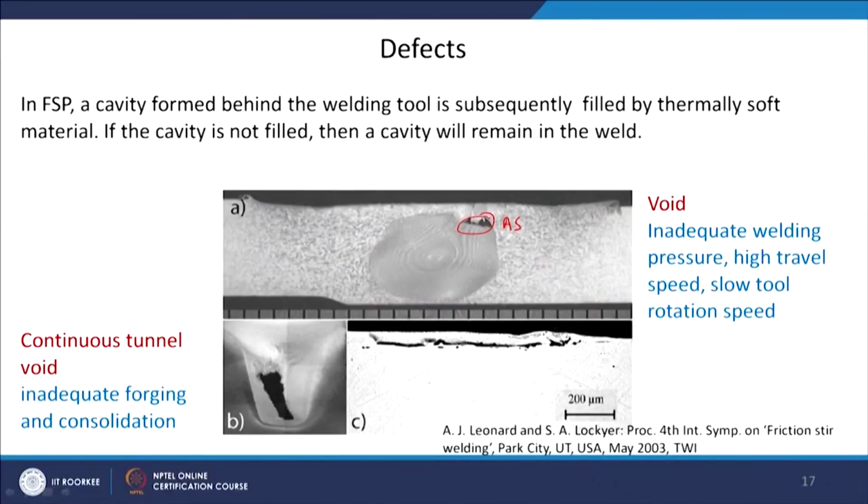And some defects can come on the surface. You can see a long cavity just below the shoulder. So, these kinds of defects are there, but with a sufficient amount of work, people have found out how we can remove these defects. These defects can be easily worked out and removed.